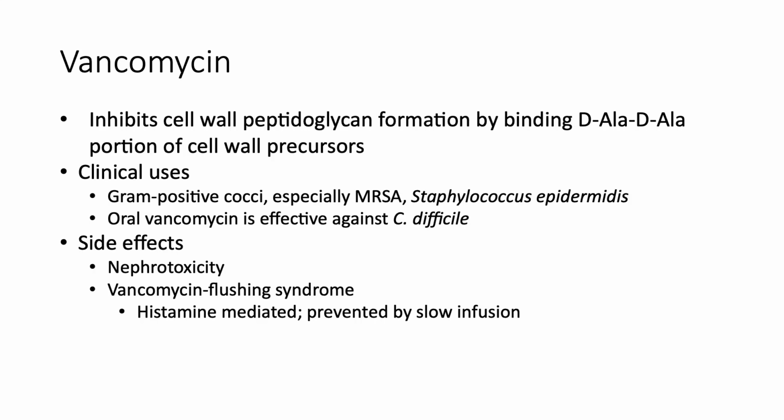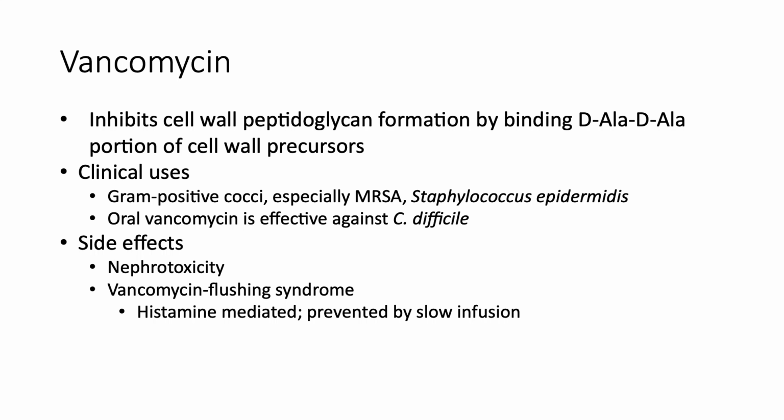Vancomycin is a different type of cell wall inhibitor. It inhibits cell wall peptidoglycan formation by binding to the D-ala portion of cell wall precursors, and it's a pretty awesome antibiotic because it's really good at killing MRSA and other gram-positive cocci. You can also use oral vancomycin for C. difficile. The side effects you should know for vancomycin are that it can cause kidney injury, nephrotoxicity, and